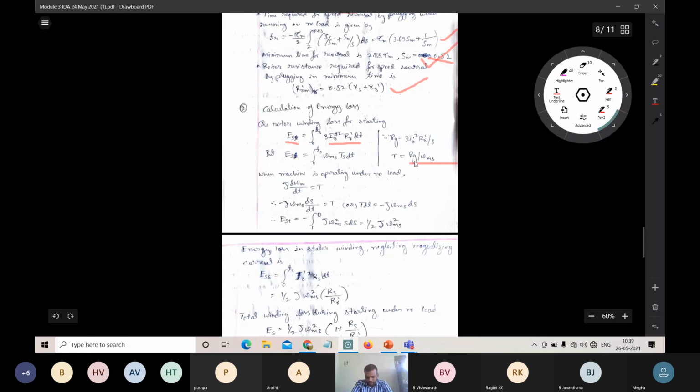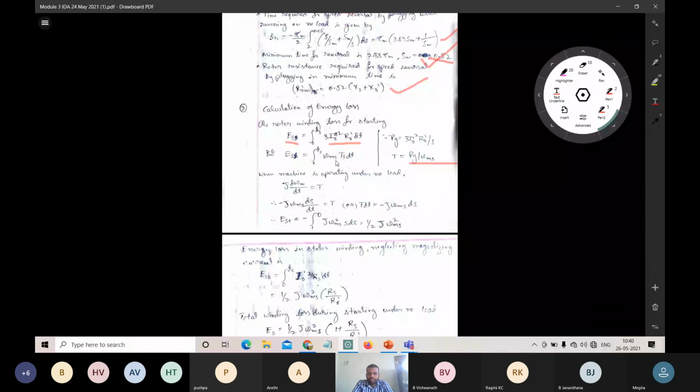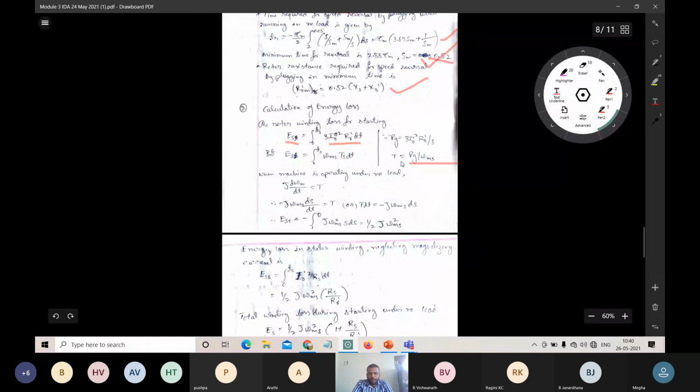In the textbook, they have given this directly. If you just observe the equations directly, you may not understand, so I have worked it out here. How did we get this equation? By using this. I hope you got this point, this step. In the textbook, he has given directly from this step to this step. So how did we get this?